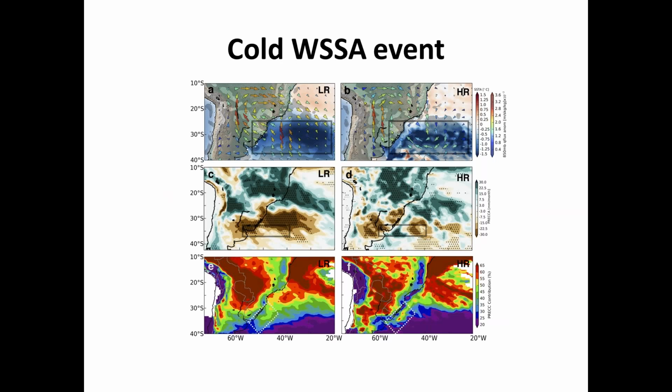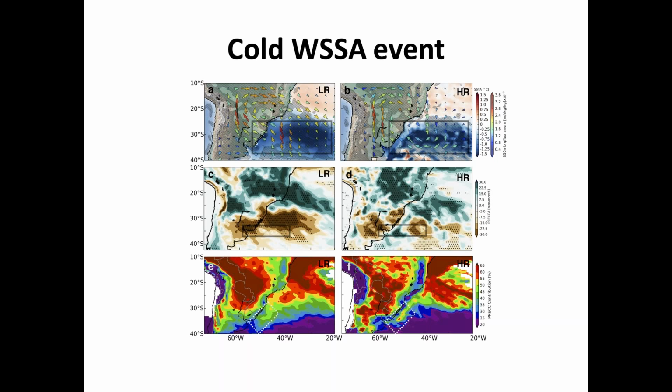For the cold events, when you have a cold event associated with this region here, we have the opposite effect. We have the cold anomalies, and it's warmer along the shelf when you have a resolved Brazil current here. So the Brazil current, we know that it carries these warm waters from the tropical Atlantic to the higher latitudes, and then you see that it increases the precipitation in this area. So it increases the South Atlantic convergence zone because of this effect of the moisture transport in this region here from the high moisture reservoirs here,